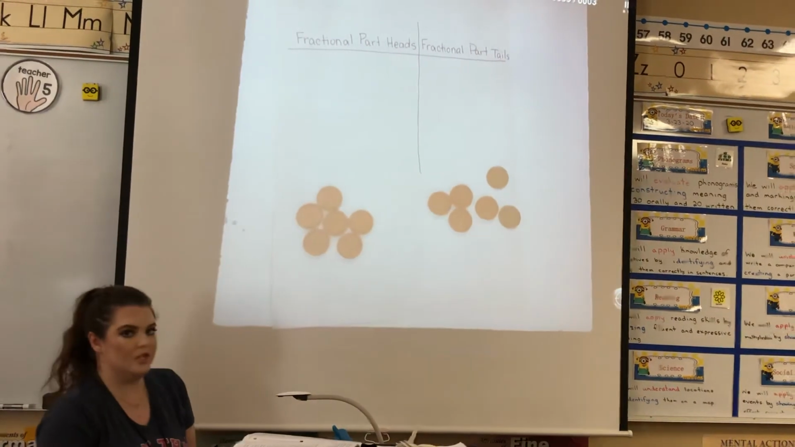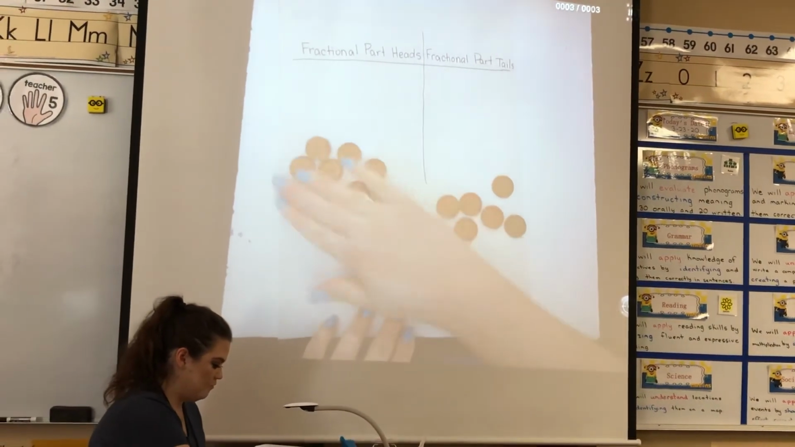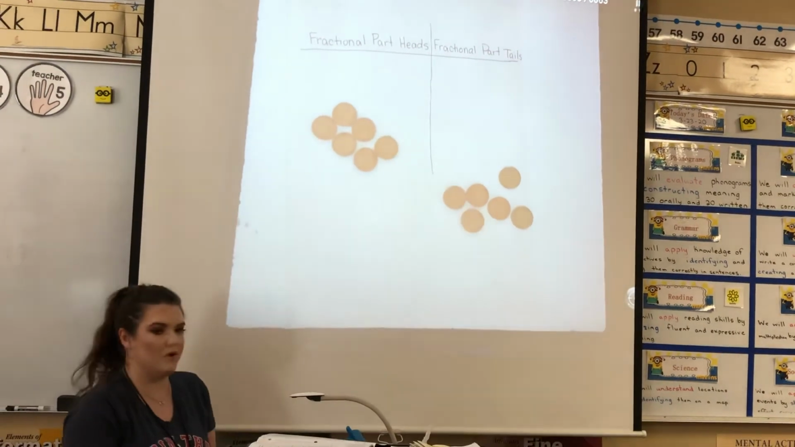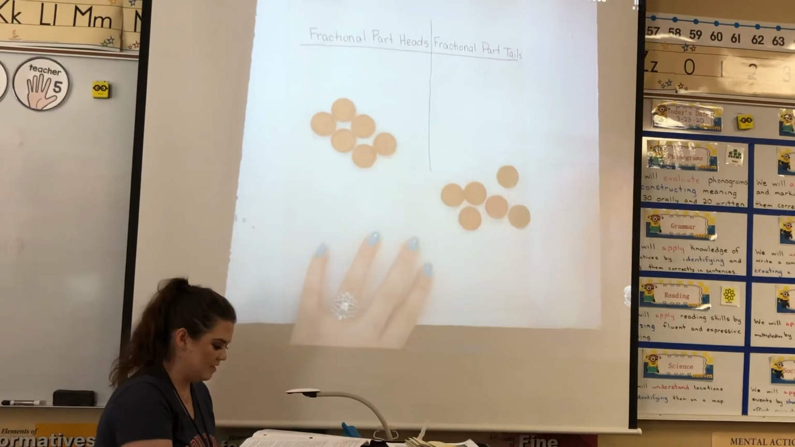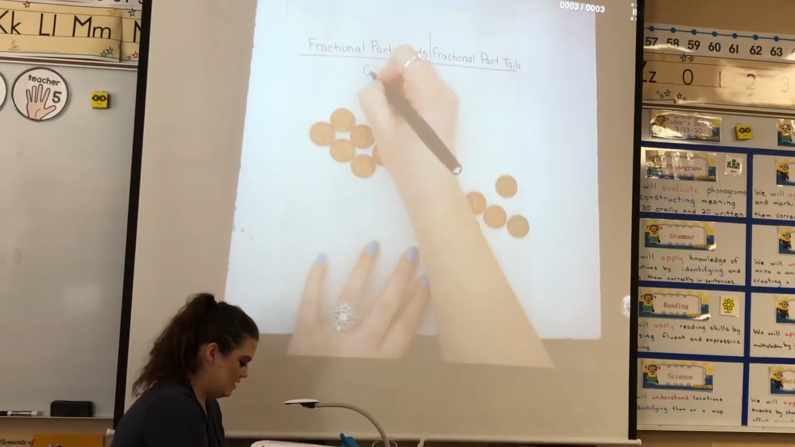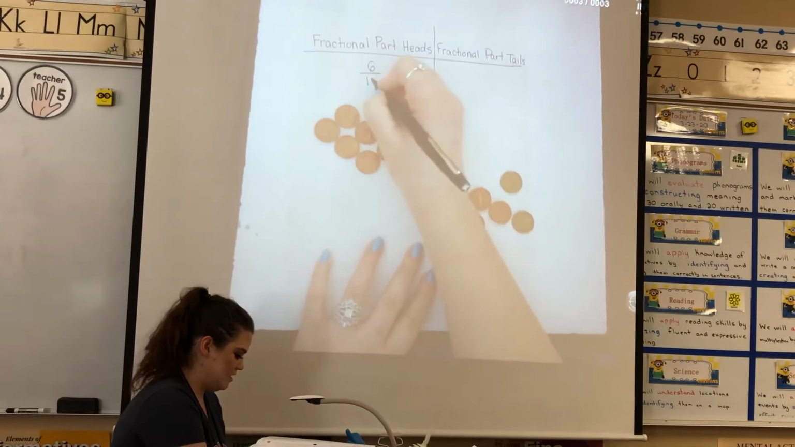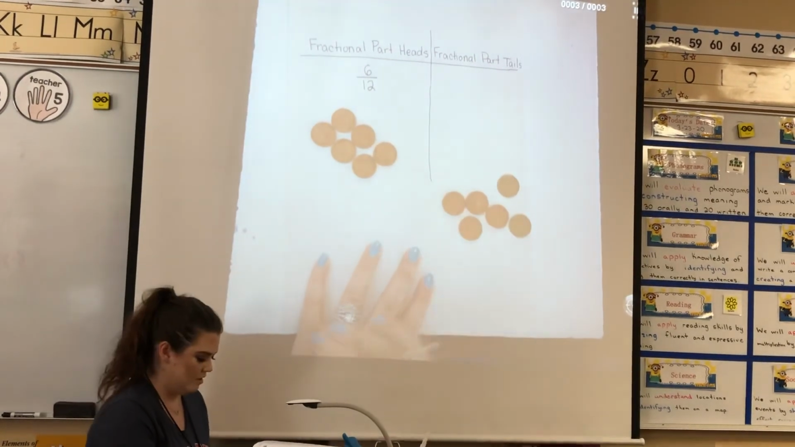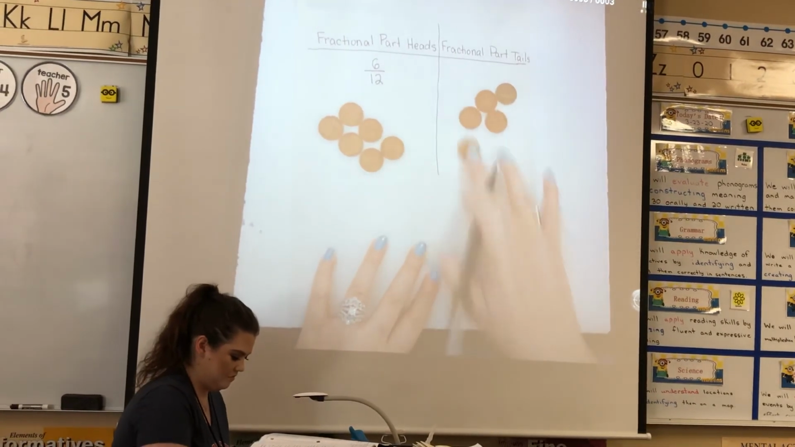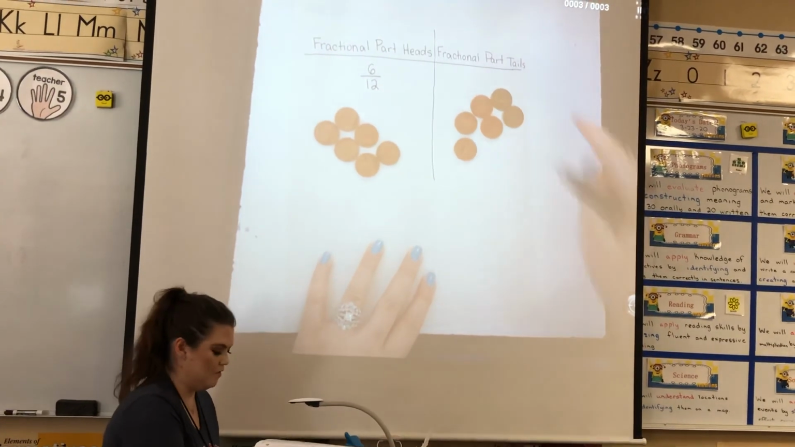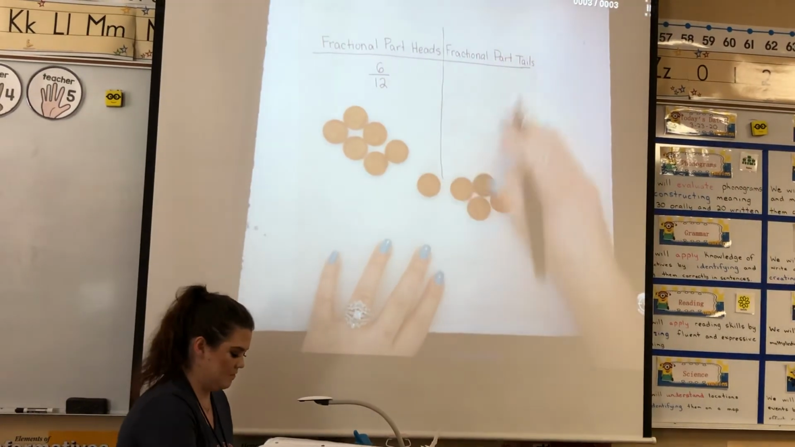So then I'm going to look and count how many I have of each one. So for fractional part of heads, I think, well, how many do I have? I have 1, 2, 3, 4, 5, 6. I have 6 out of, we had 12 pennies. So 6 twelfths. And then for my tails, again, I have 1, 2, 3, 4, 5, 6. So same thing, I have